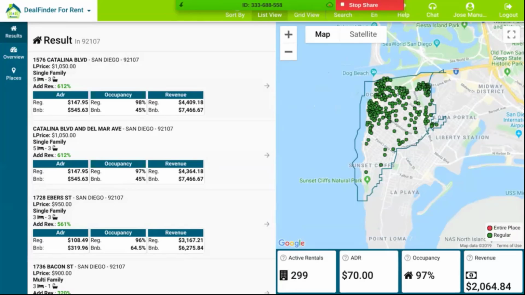But when you put the property for rent, it is not rented immediately. Usually you need a few days until the listing is taken. So occupation is going to be about 97% because we want to quantify that, okay? The revenue is going to be a little bit over $2,000.